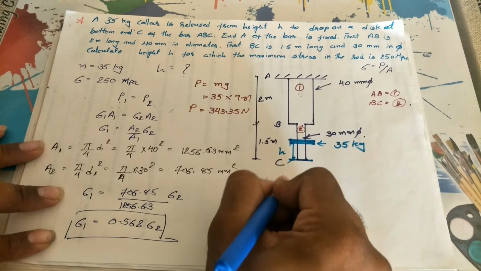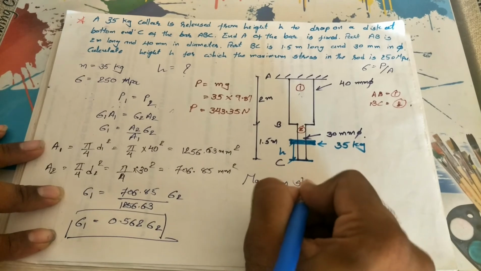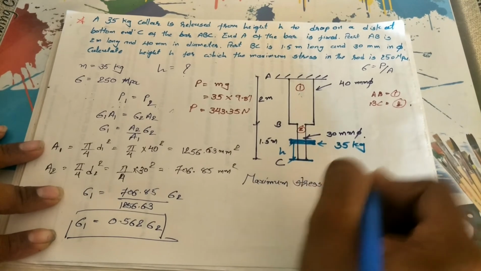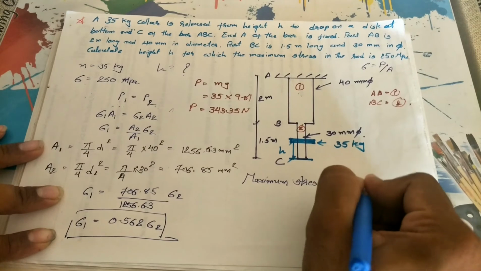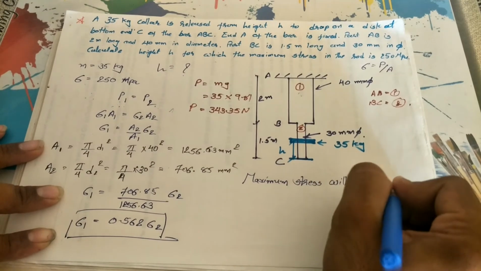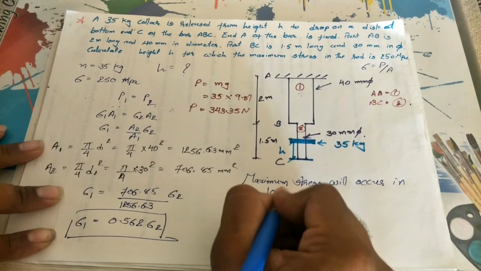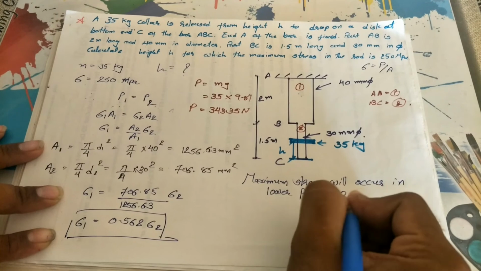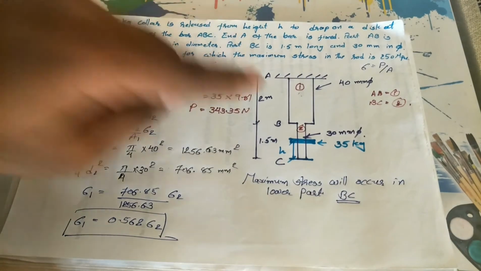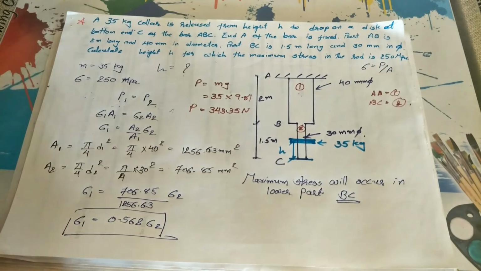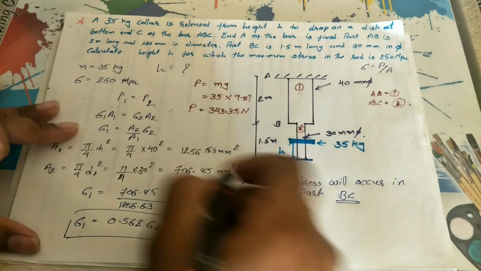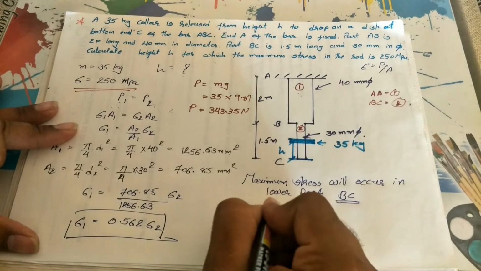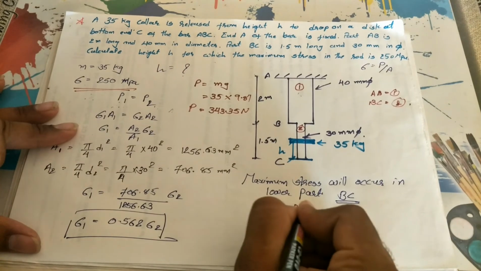So we can write that maximum stress will occur in the lower part, that is BC, as the diameter is lower than the upper part. Okay, so what is given to you over here? The stress is given. So here this stress value is ultimately the sigma 2 value, that is 250